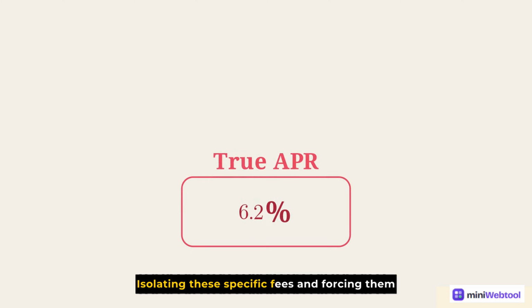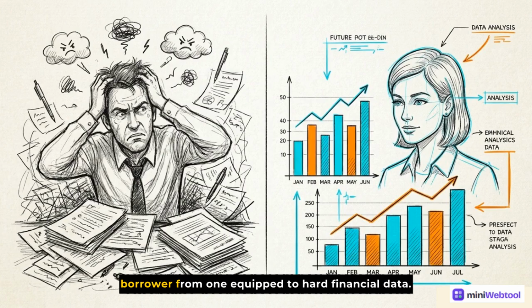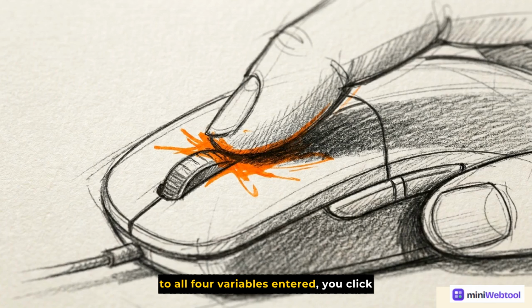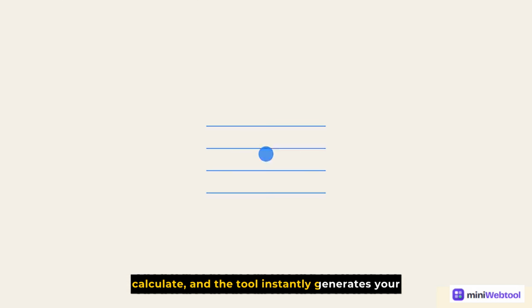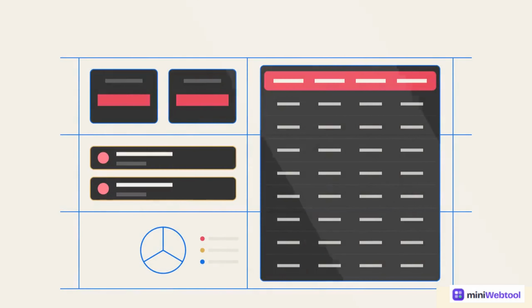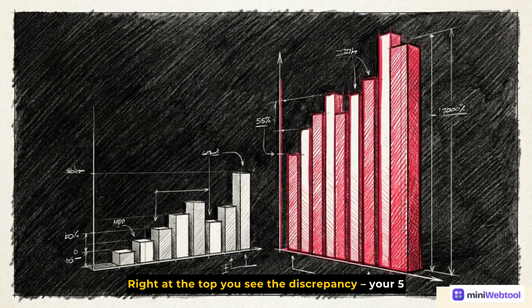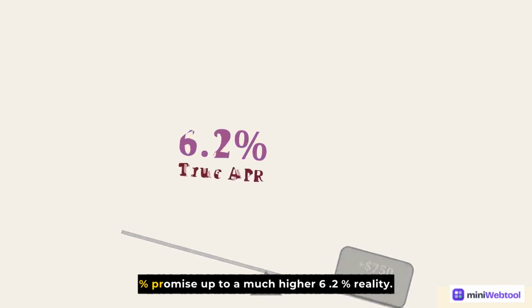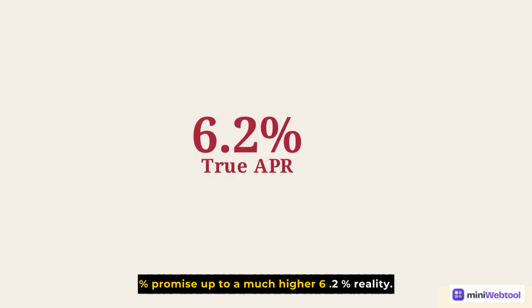Isolating these specific fees and forcing them into the calculation separates a vulnerable borrower from one equipped with hard financial data. With all 4 variables entered, you click Calculate, and the tool instantly generates your final dataset. Right at the top, you see the discrepancy. Your 5.0% stated rate sits next to a 6.2% true APR. The math confirms it. Factoring in that $750 fee forced the attractive 5% promise up to a much higher 6.2%